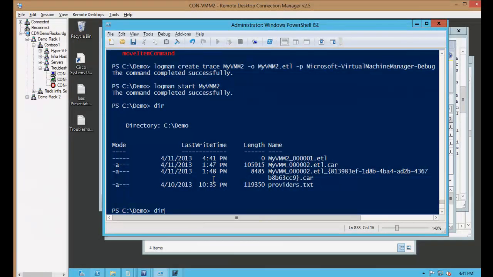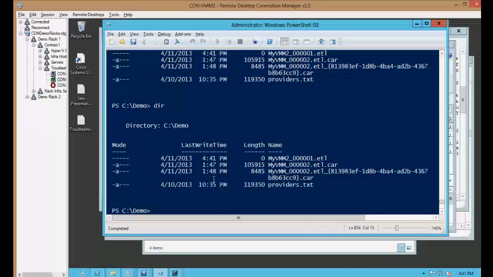Now if I look at the directory, it's still zero size. And the reason for that is because ETL is really about performance. And so it's not going to write traces to disk every single time something happens. It's actually buffered. But as soon as I stop the trace or as soon as it fills up to a certain point, it'll start writing that out. So if I just do logman stop